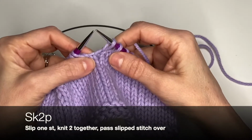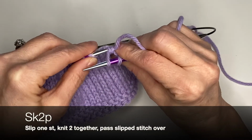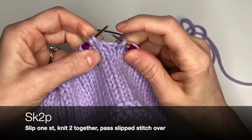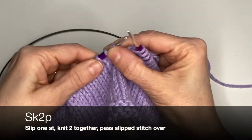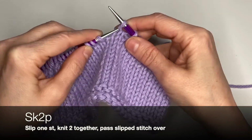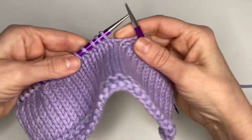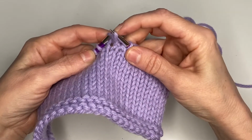This is a 2-stitch decrease. So I'm going to go back behind these 2 stitches here, front to back, pop out the working yarn, and then I'm going to take this stitch on the right needle and slip it back. It's twisted, it's not oriented correctly. So I'm just going to go in the front loop like this and twist it back and then place it on my needle. Now this stitch is a knit stitch,